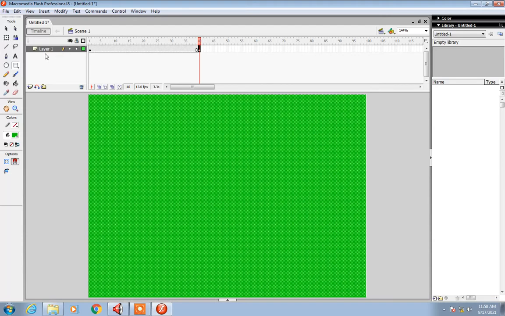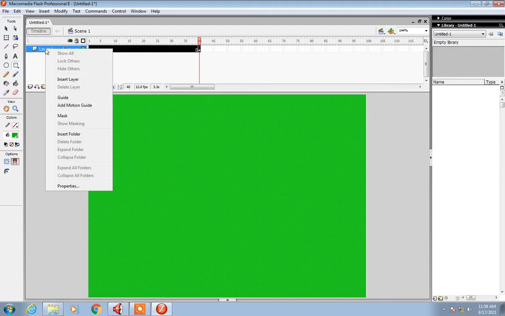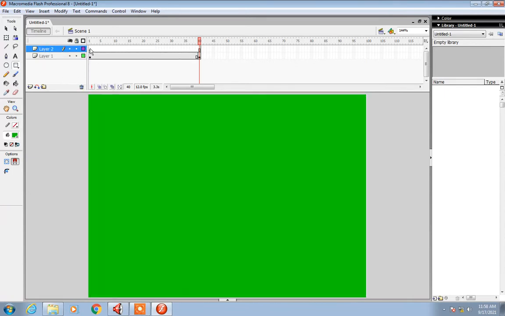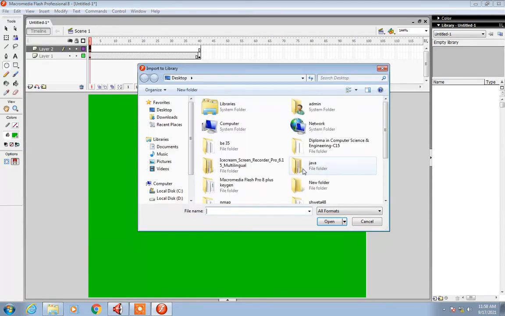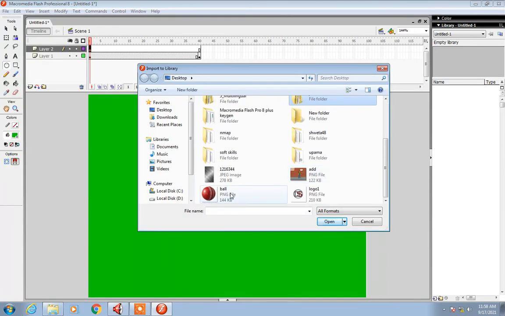So we will create another layer now for our moving object. So right click on layer 1 and say insert layer. So over here we are going to include our moving object, that is the ball. So either using this circle tool you can draw a ball over here, or what we will do is we will import something into our library. So for that, click on file, import, import to library, and then from here we will just take an image